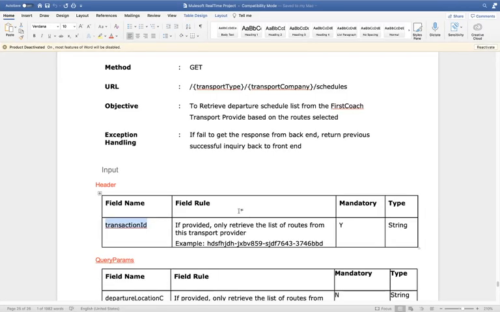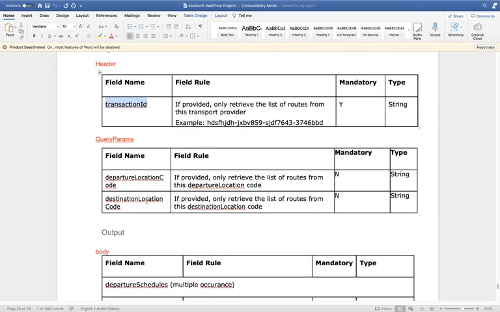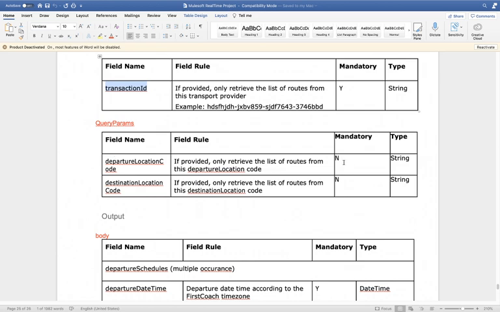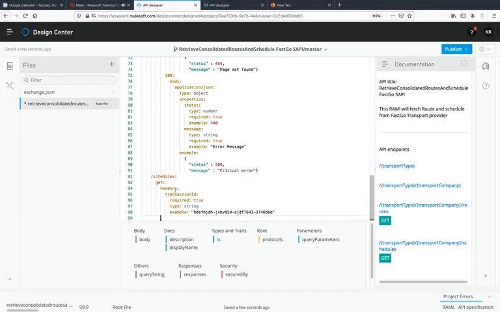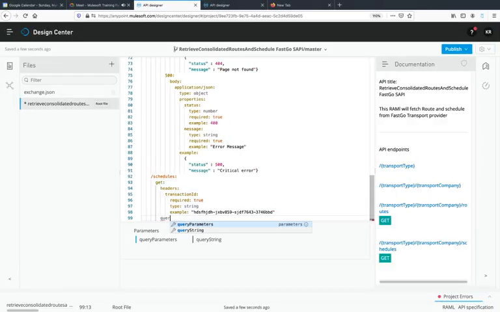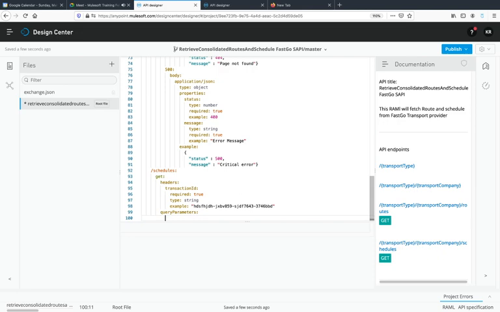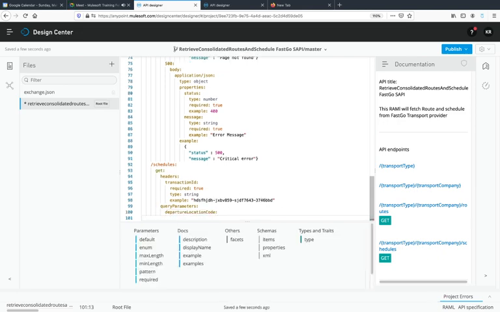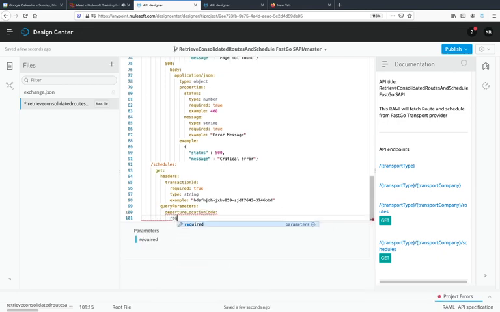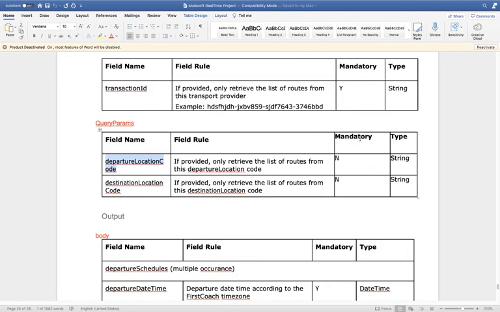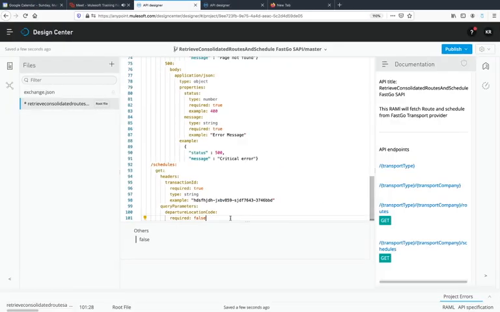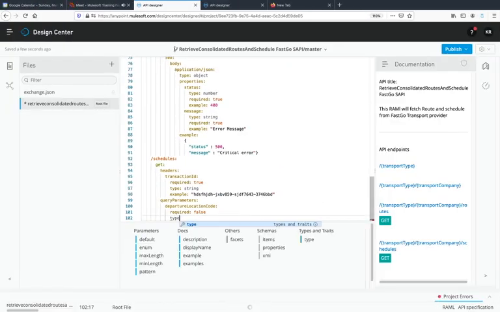Let me see if we have anything else. Now we have query parameters. We have two query parameters, both optional. The first one is departure location code. Required will be false, optional. If you see here, mandatory is NN, so required will be false. Type will be string,